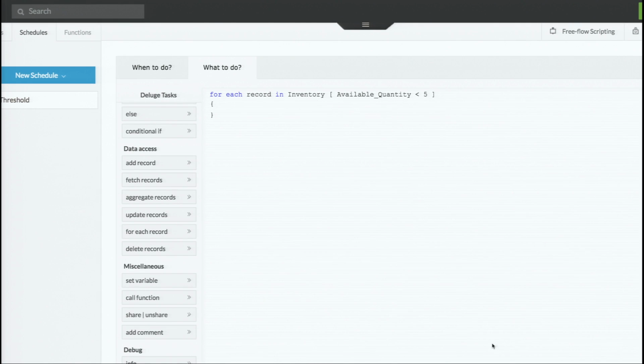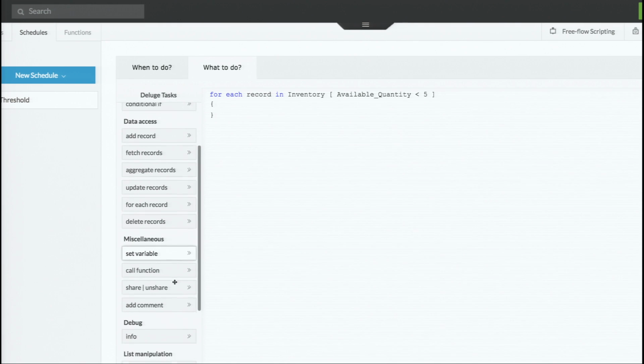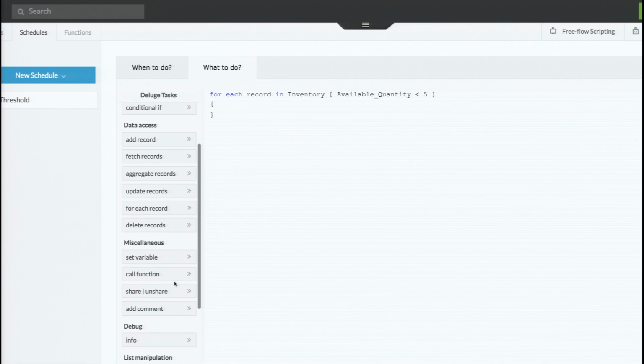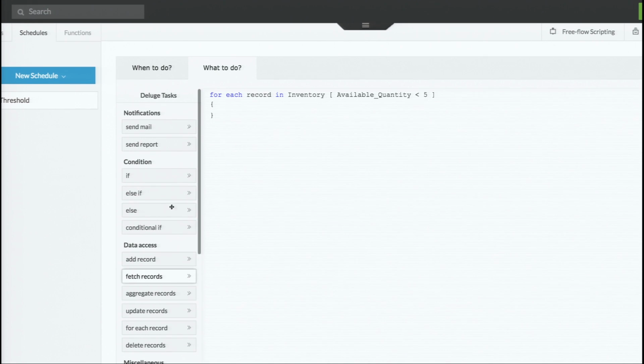I click on done. So we can actually read it as a sentence: for each and every record in the inventory form where the available quantity is lesser than 5, what am I going to do? I'm going to drag and drop a send mail task. I'm going to send an email